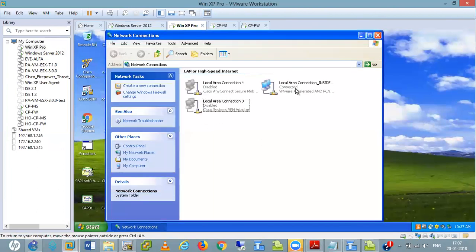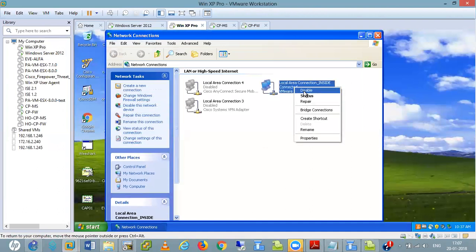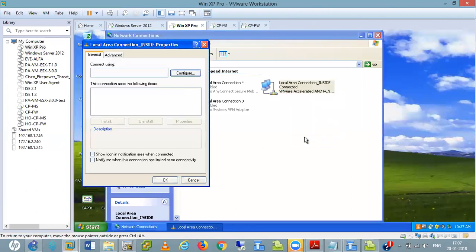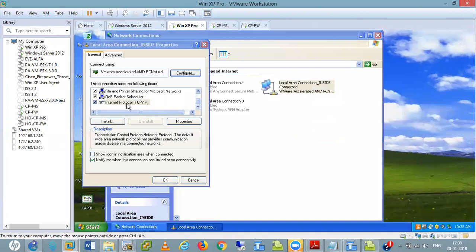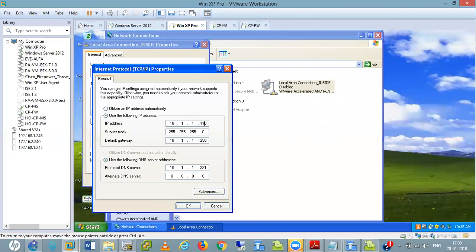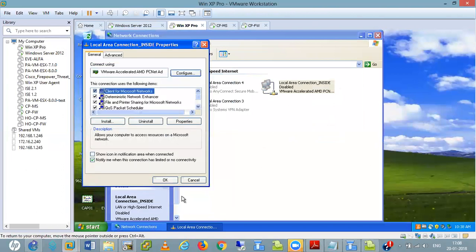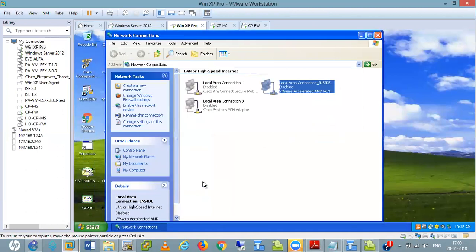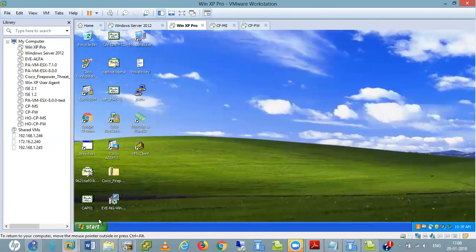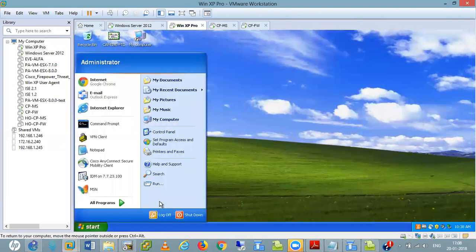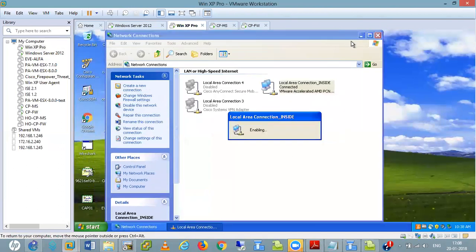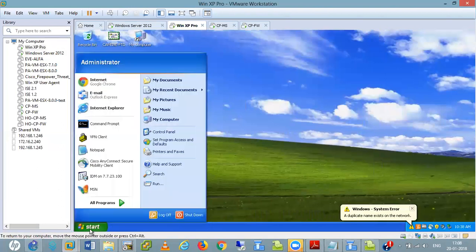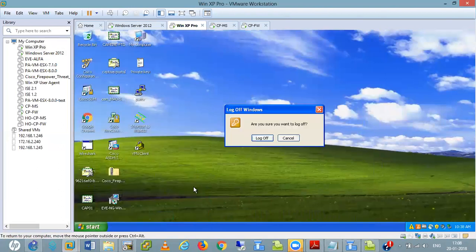I am disabling that adapter, and in properties I give the IP address 100. Let me also enable the data detector. Log off.